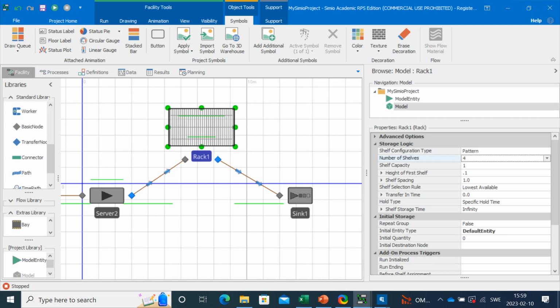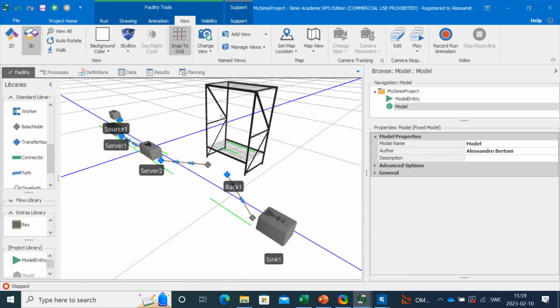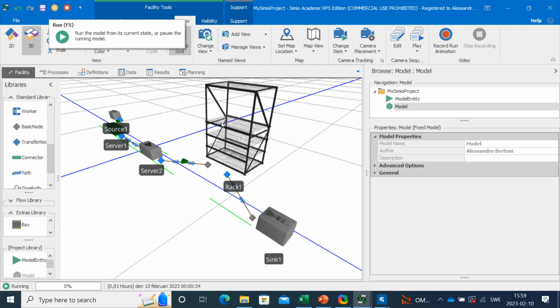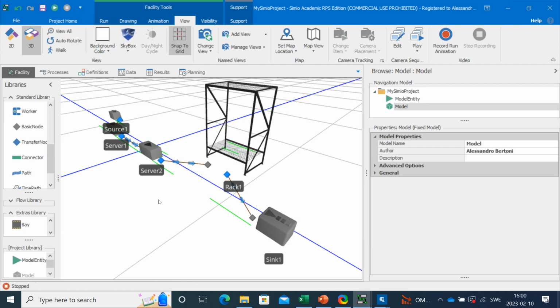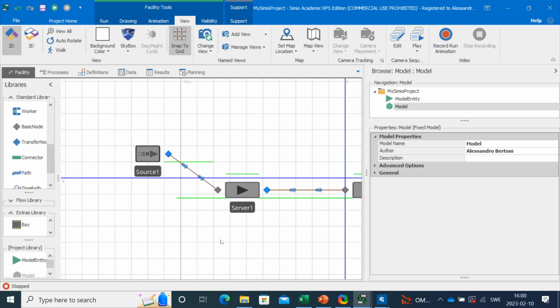So how big is the rack? It has 4 shelves, for instance, and it has a capacity of 5 entities per shelf. We can select, for instance, that we always load stuff on the shelf with the lowest number of entities. And when we run the simulation, you see that the shelf is composed. And if you run the simulation, you also see that entities are placed in the right place on the shelves